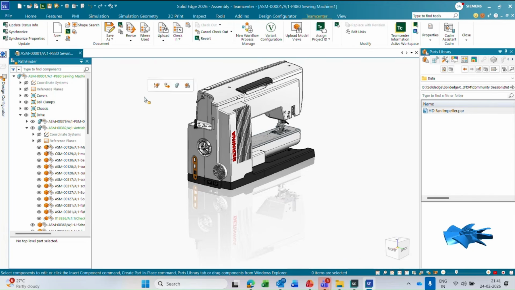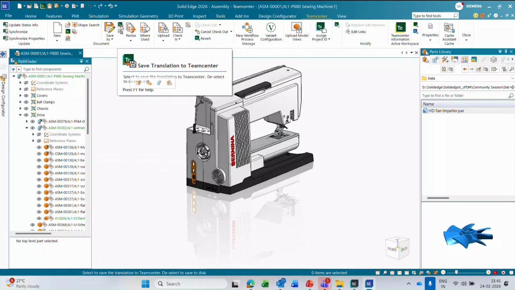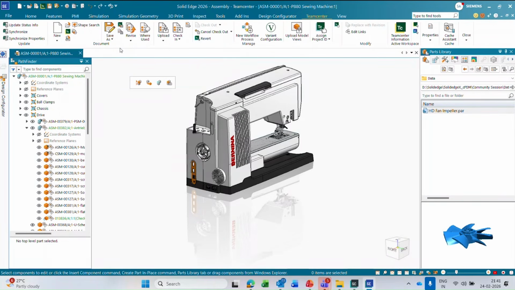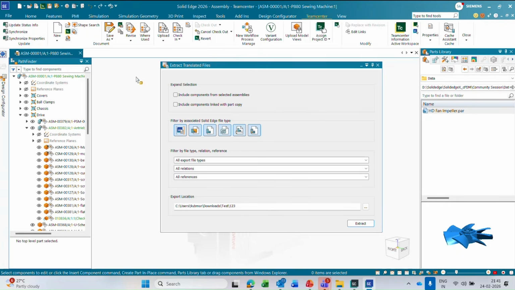Okay, let's move on and show the extract translated file. This is the one option which I skipped earlier because I wanted to load an assembly and show that. So one is using the extract translated file. So basically,